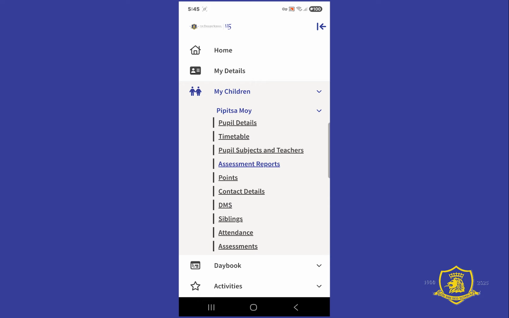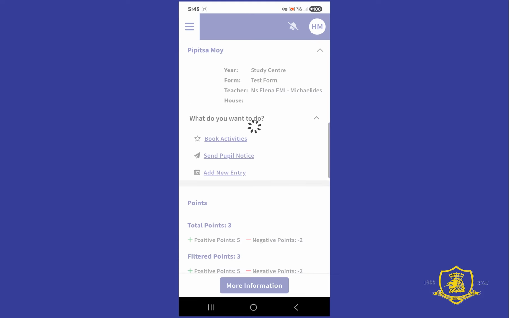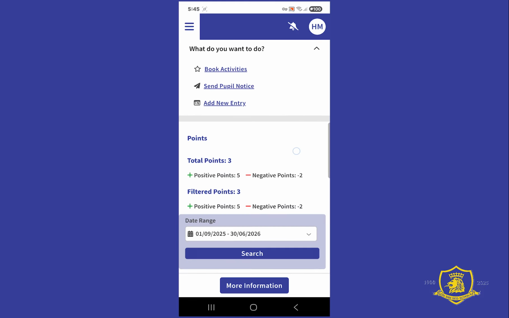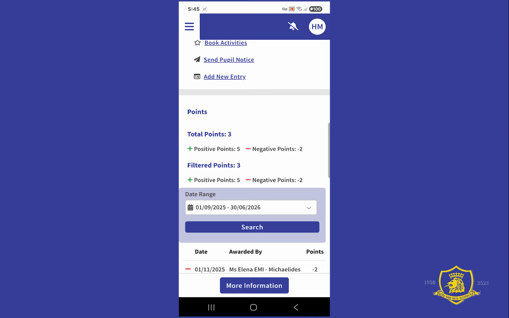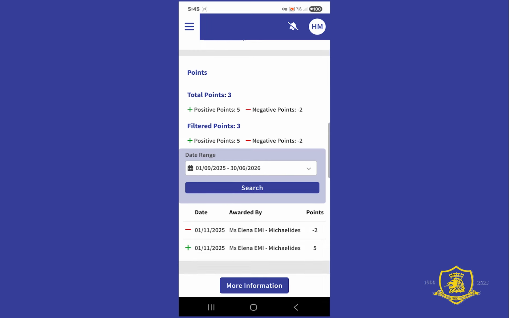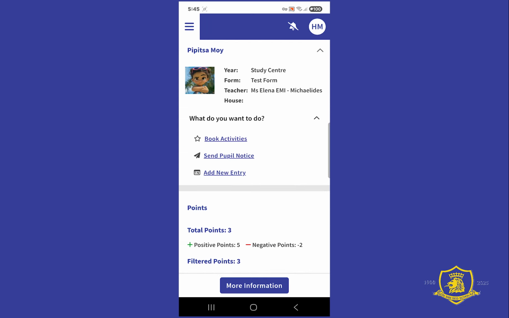The other one is points. Points or conduct points, that's behavior and achievement points. Here I can see that my child has 5 positive points and 2 negative points and who awarded them. Using the computer app, it will give you the information why they were given or awarded these points. But from the mobile app, this is the only information you will see. I'm clicking again